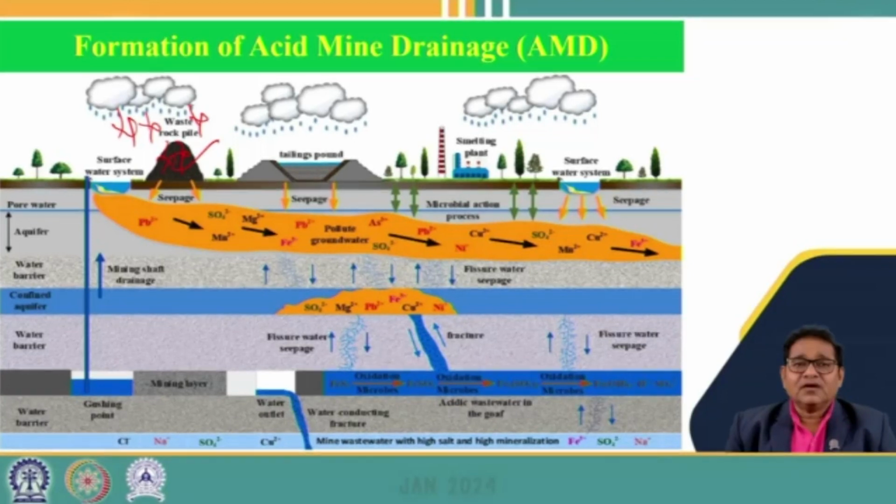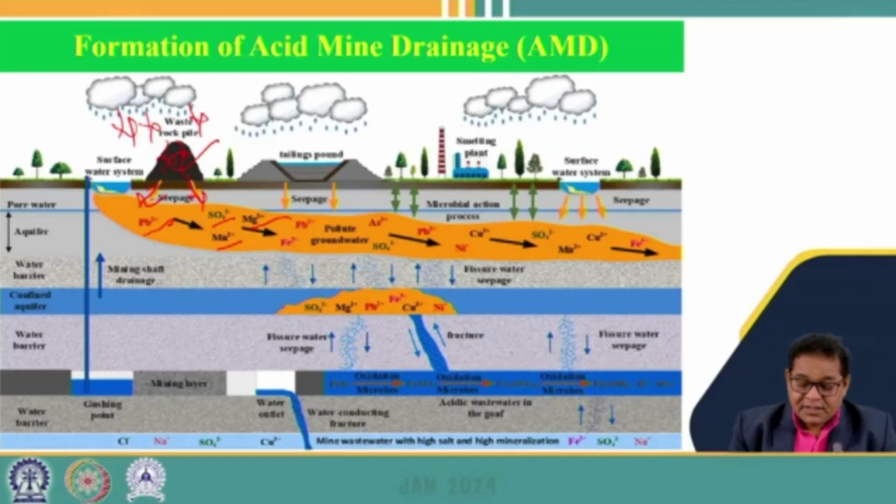So when it seeps through the waste piles, it dissolves various metals, various minerals present in these waste piles. And after this seeps below the earth surface, the streams contain various mineral contents like magnesium, sulfate,